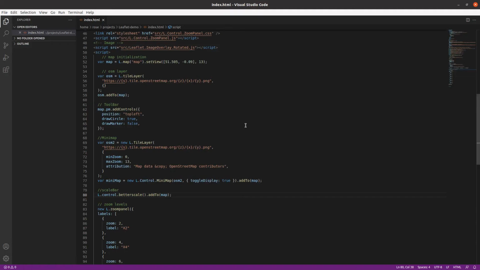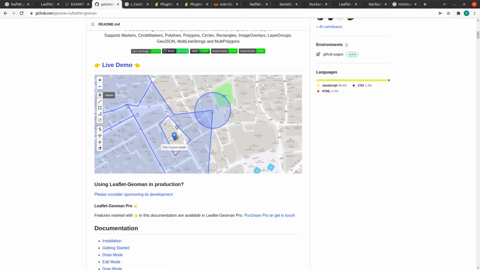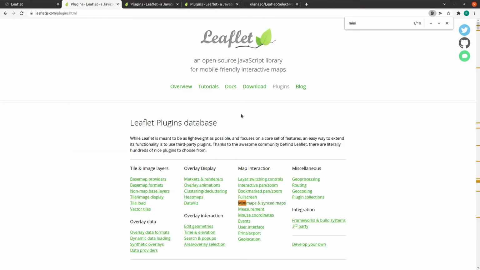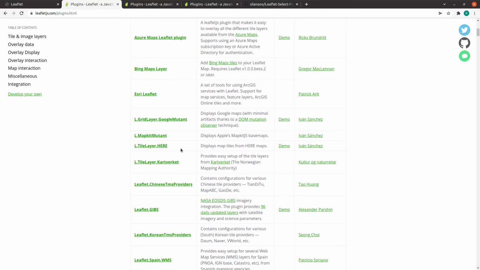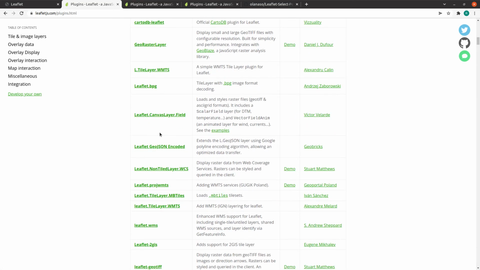And yeah, so all this, here you can find all the things you need, and if you go through this documentation you can find other plugins also, like you can find anything that you need.